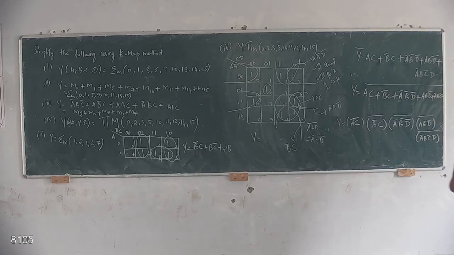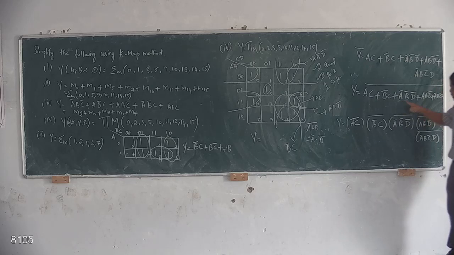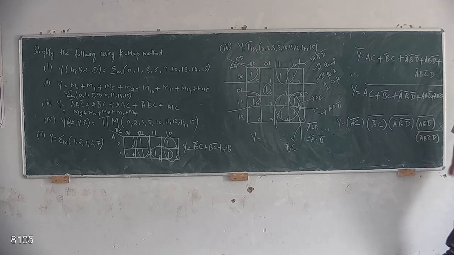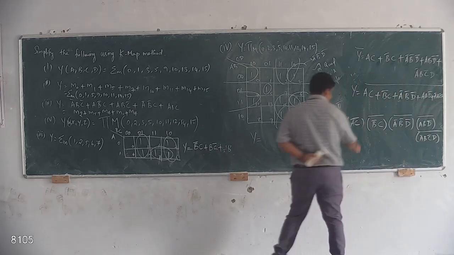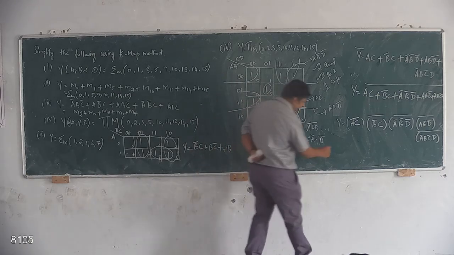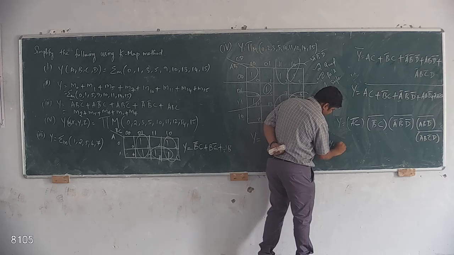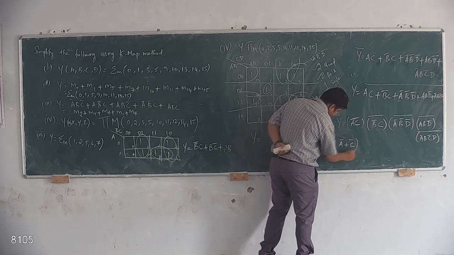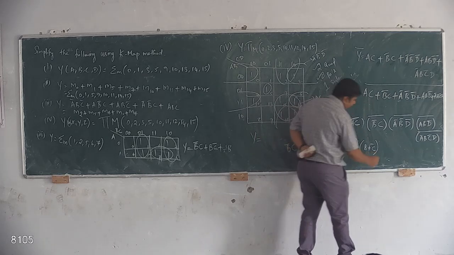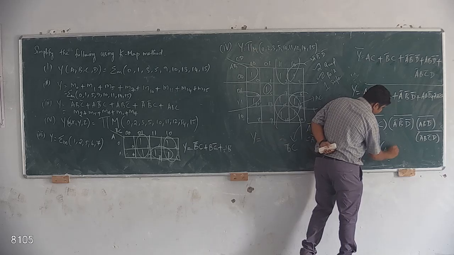So by applying De Morgan's law, A plus B whole bar is equal to A bar dot B bar. So I have applied that law. A plus B plus C plus D plus E whole bar is equal to A bar dot B bar dot C bar dot D bar dot E bar. Okay. So once again I will apply De Morgan's law, you will get the answer. So what is this format? A dot B whole bar. What is De Morgan's law for A dot B whole bar? A bar plus B bar. So this answer is B plus C bar. This answer is A plus B plus D.